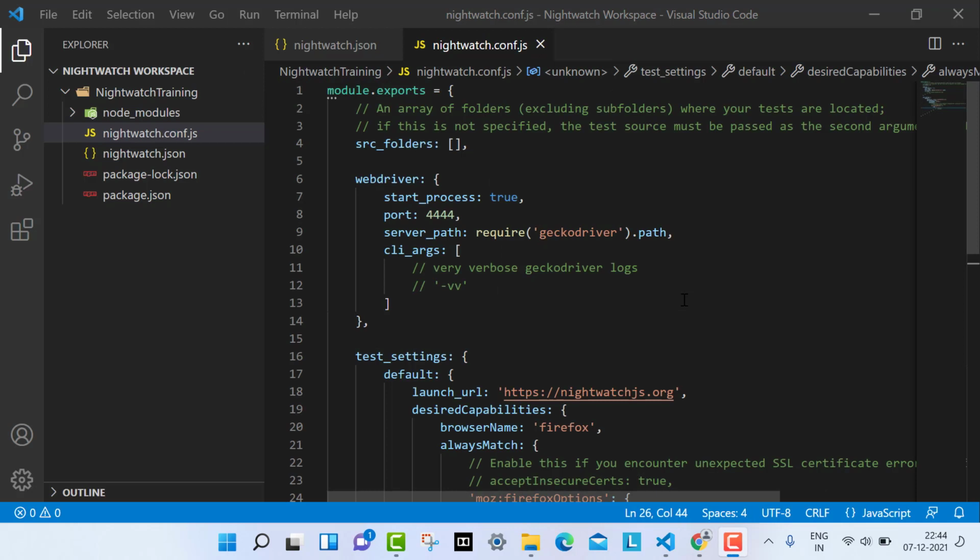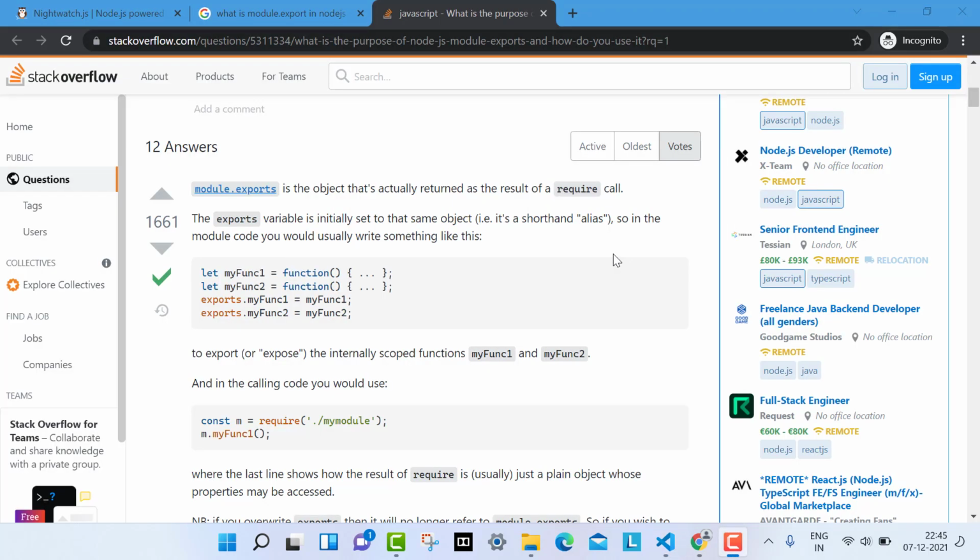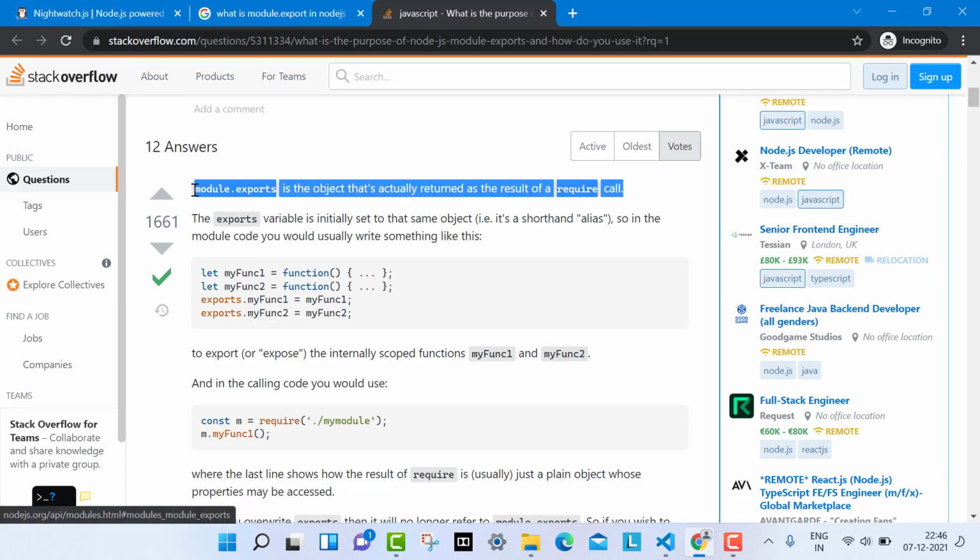Okay, so one more thing I want to discuss here. In the nightwatch.conf.js file, you can see module.exports, right? What does it mean? What is this module.exports? If you don't understand it, just look into that. The module.exports is the object that is actually returned as a result of a require call, right?